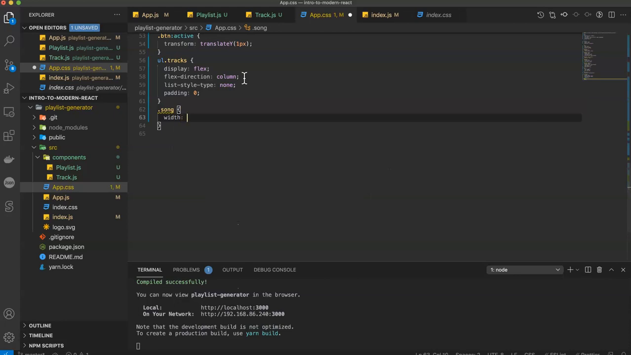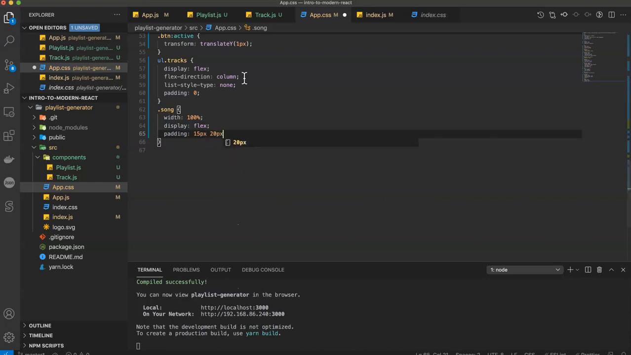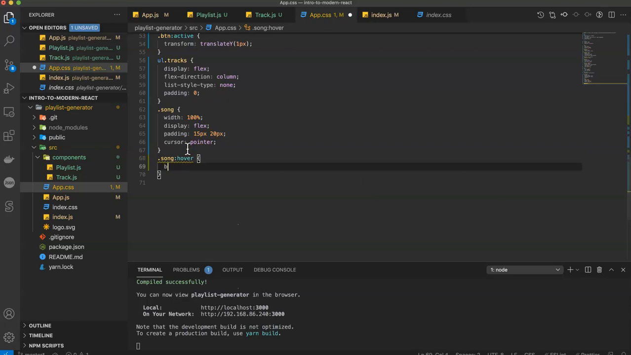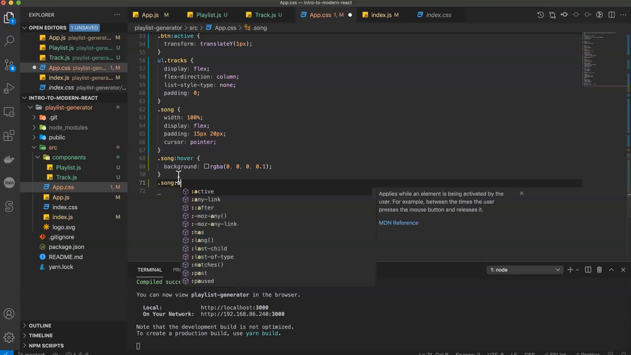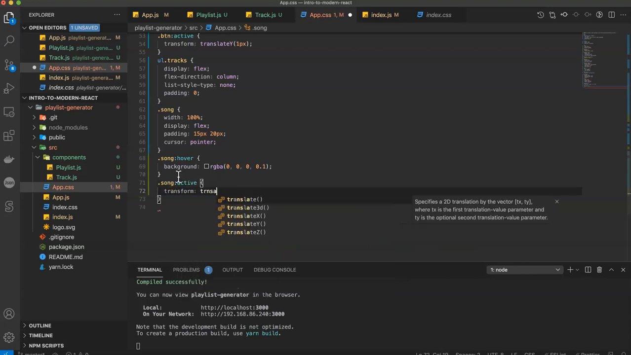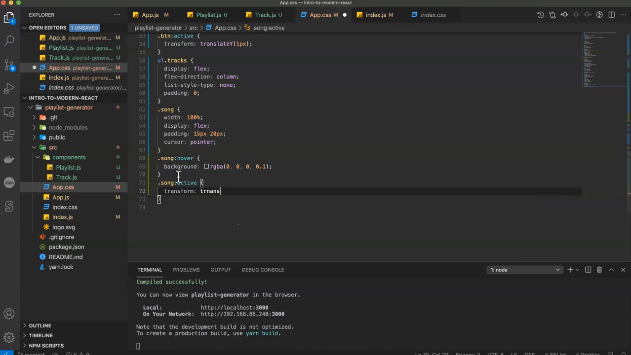Let's style our song. Let's give it a width of 100%. Let's make it also display flex. And let's give it some padding of 15 pixels and 20 pixels. And let's make sure that when you scroll over it, you have a little cursor, like a little pointer. And when you hover over it, let's add a slight dark background. So I'm going to say RGBA, which means red, green, blue, and then the alpha, which is how see-through it is. And we're going to go 0, 0, 0 for all black, and then 0.1, so it's almost entirely see-through. And let's do the same thing here as we did with the buttons, which is song active, transform, translateY, 1 pixel, so it moves down a tiny bit